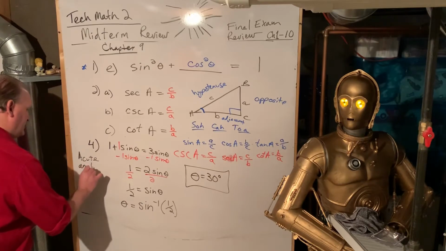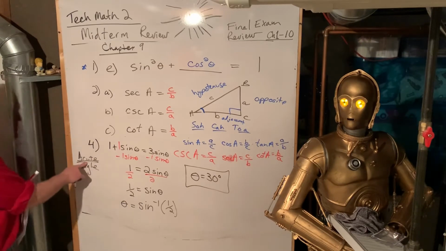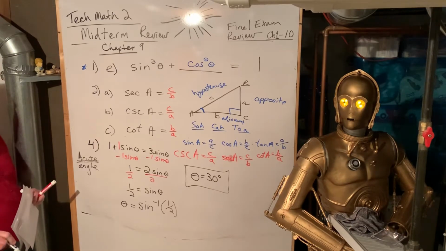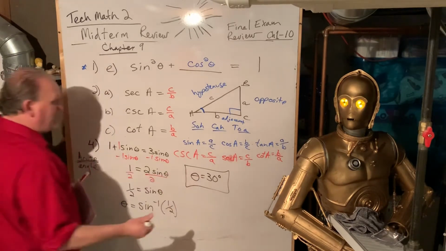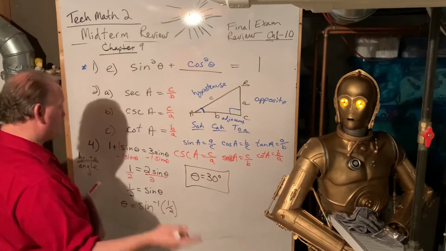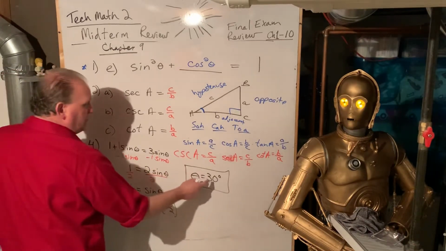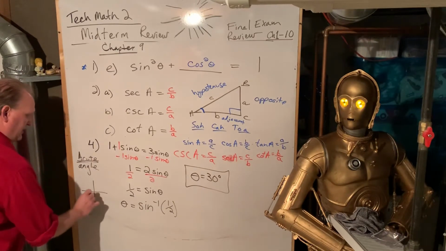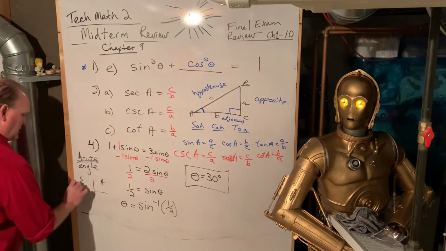That makes this true. And so since they put the word acute out there, that's less than 90, between 0 and 90. So it's 30 degrees. There's actually 2 answers from 0 to 360 that work. It would be 30 degrees, and it would also be 150 degrees, because if you think about All-Star Trig class,